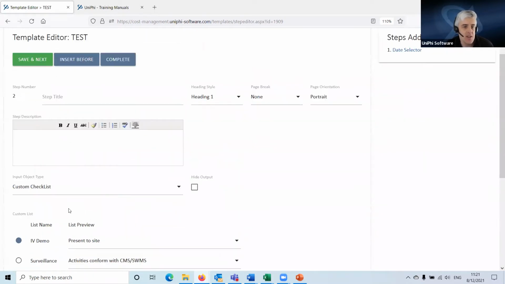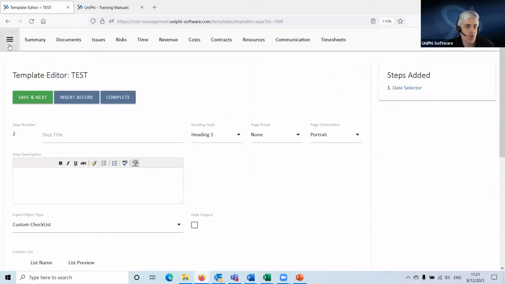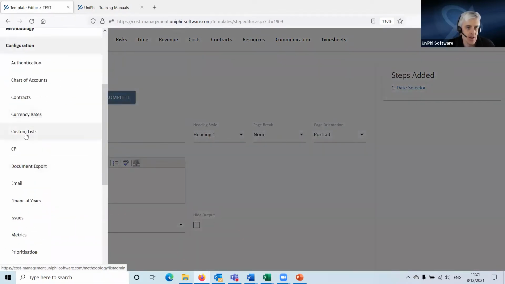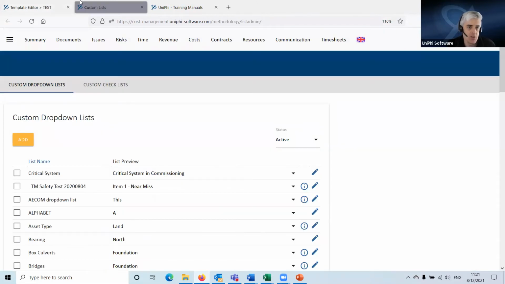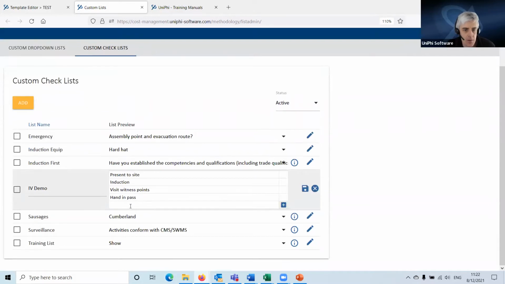Now, both the custom checklist and the custom drop-down list, these are both fed from the configuration and custom list, which I'll just open in a new tab here. So in configuration custom lists, you can create the list you want. So if I go to custom checklists here, here's this IV demo one. If I edit that,